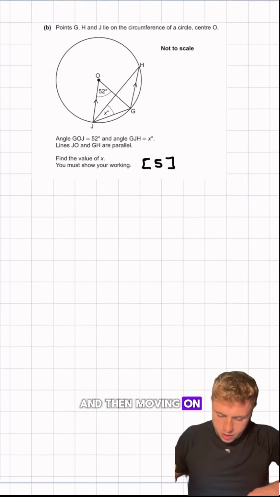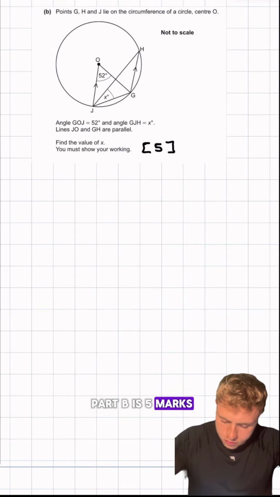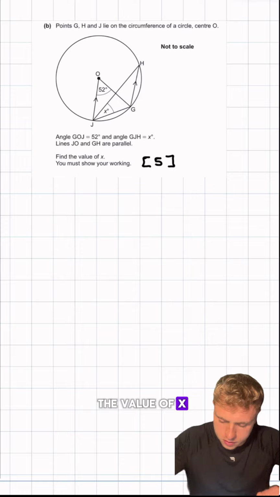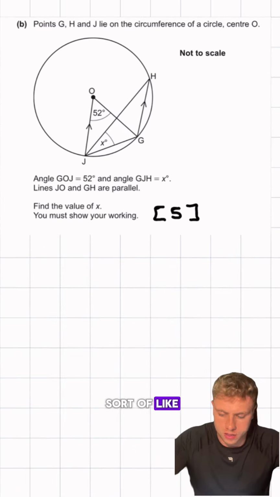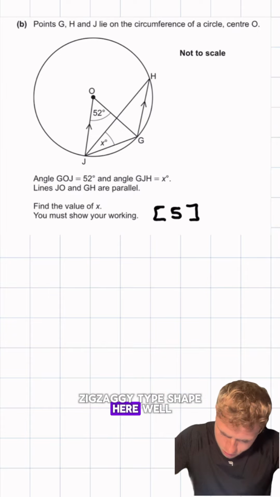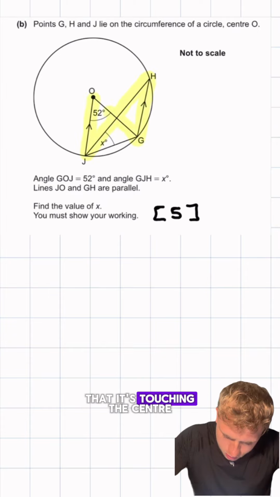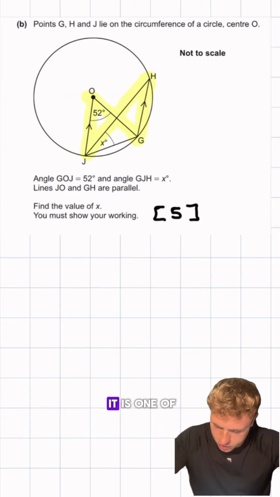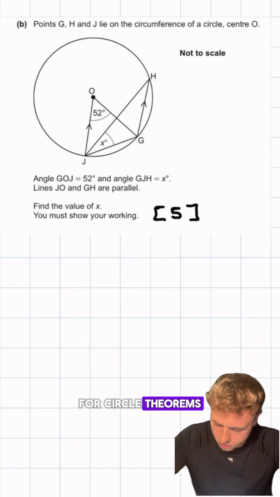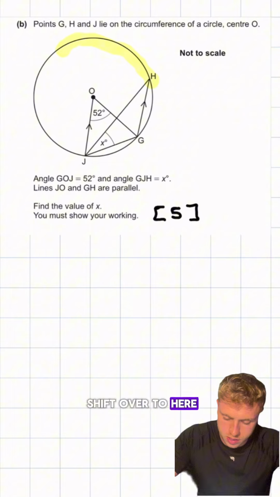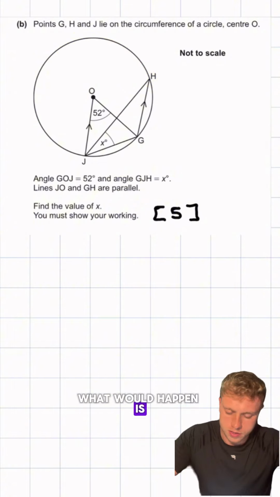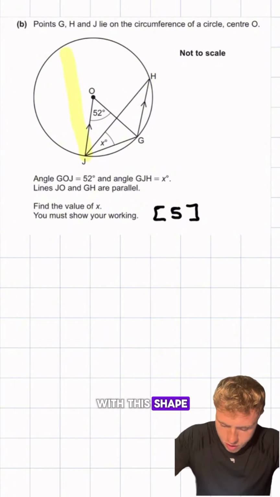And then moving on, part B is 5 marks. We've got to find the value of x. Well, first of all, you can see here that I've got this sort of zigzaggy type shape here. Well, I can see here that it's touching the center, which tells me that it is one of those special rules for circle theorems. If you imagine that I grabbed this point and I was to shift it over to here, what would happen is I would end up with this shape,